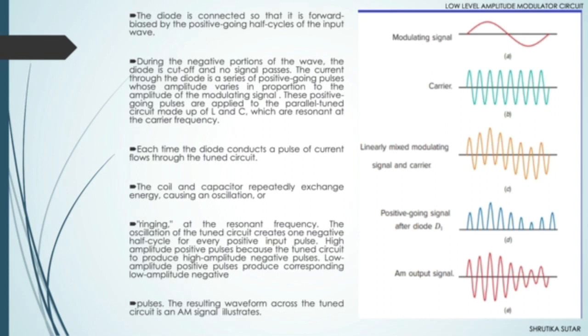The oscillation of the tuner circuit creates one negative half cycle for every positive input pulse. High amplitude positive pulses cause the tuner circuit to produce high amplitude negative pulses. Low amplitude positive pulses produce corresponding low amplitude negative pulses. The resulting waveform across the tuner circuit is an AM signal. The Q of the tuner circuit should be high enough to eliminate the harmonics and produce a clean sine wave,